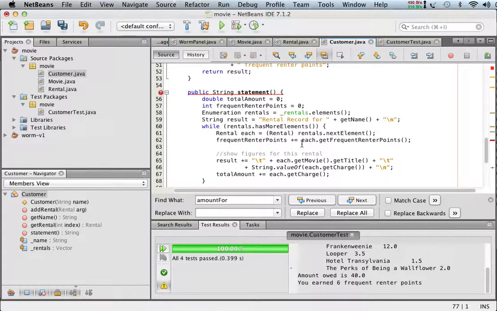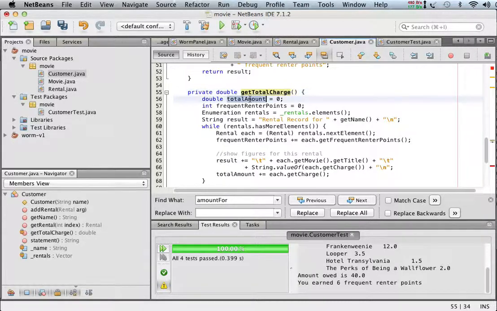And I'm going to make it a private method because, again, it's just a helper method. It's going to give me a double, because that total amount is a double. And we'll call it get total charge. Okay? So now I'm around page 27 of the Fowler book. And let's see, I'll start with,